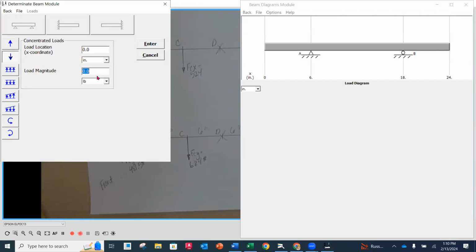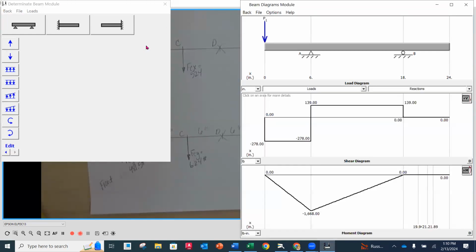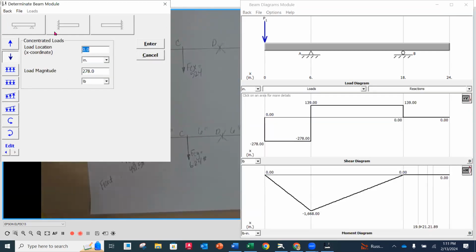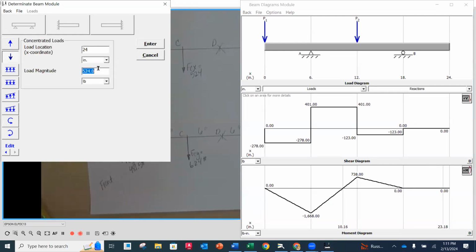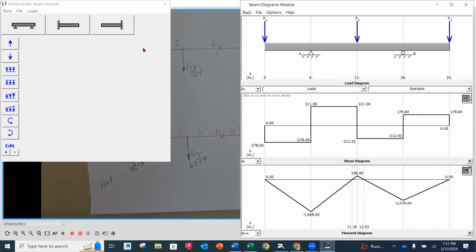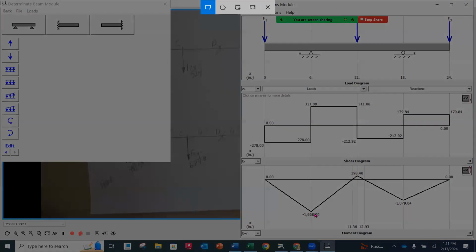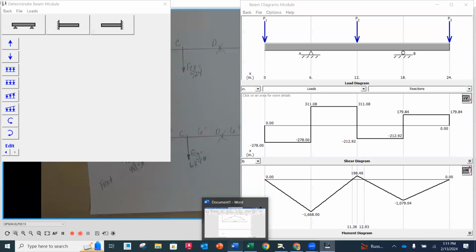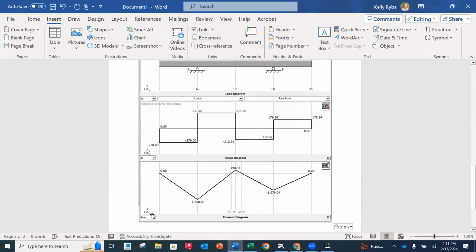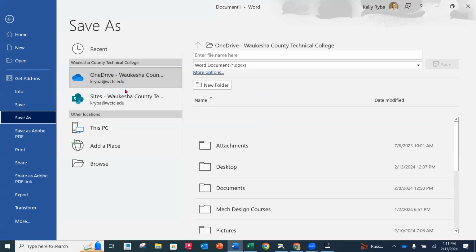Down, 0. Once you have those in place, then just do a screen snip to capture those and put them on our document. And then save that as